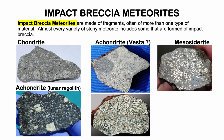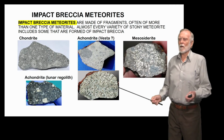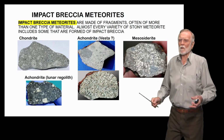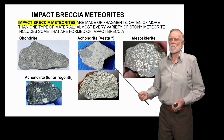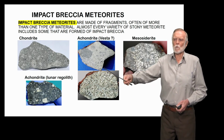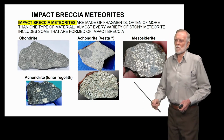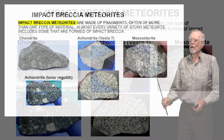So in some cases, the mixture of fragments are all from the same body, but different parts of that body, as is the case with the lunar one. Possibly that's the case with Vesta as well, but in the case of this other one, they're from totally different asteroids. Then there's another type that we'll talk about in more detail in a little bit, but this is a